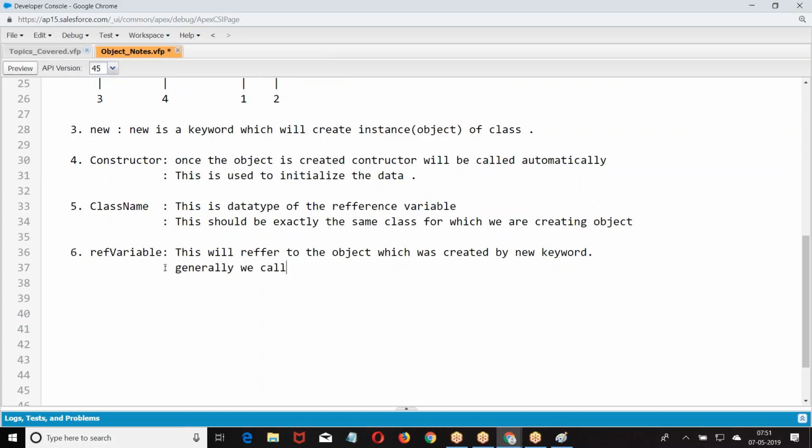We call it an object variable. Right. I hope you're good with this.